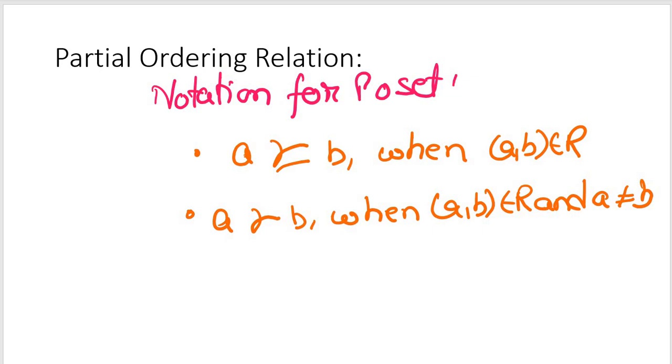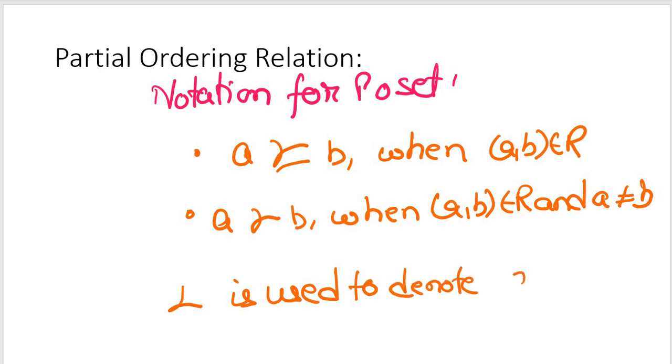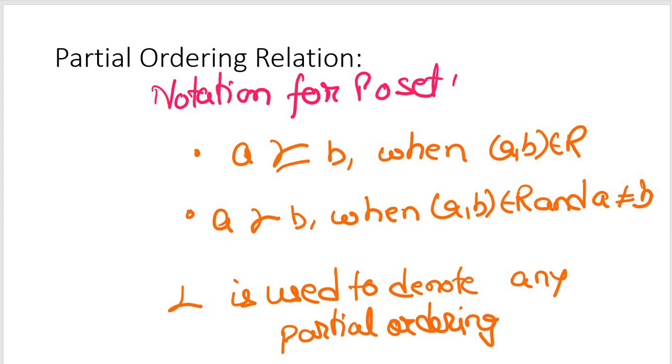So this particular notation is used for denoting any partial ordering. There is another topic which I thought to add just to give you a basic idea, which is your Hasse diagram. Now, just like relations and functions, your partial orders have a convenient graphical representation which is called Hasse diagrams.